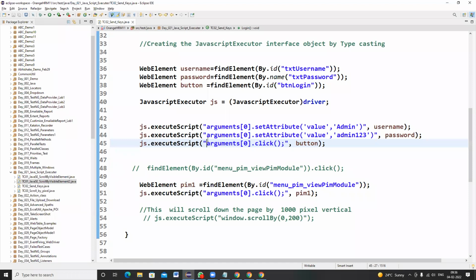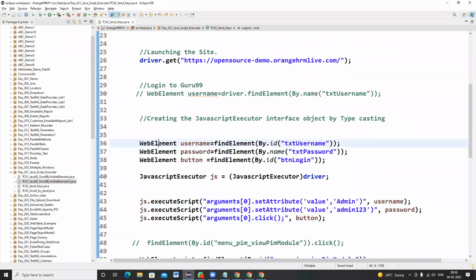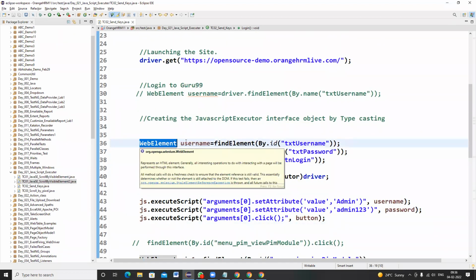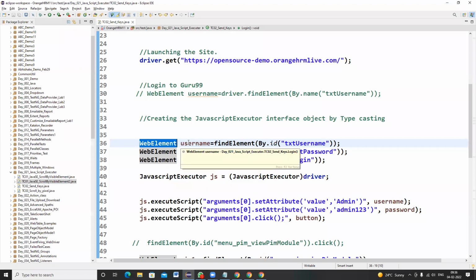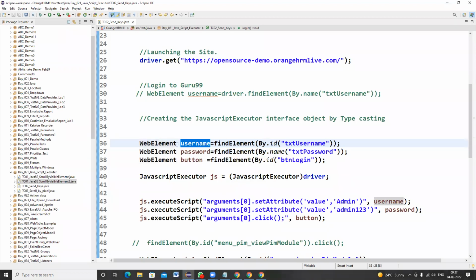In that case, if it is not working, you can always use JavaScript executor for writing the same thing, for doing the sendKeys. Now how do you do it? Again, we have to create a web element object reference.